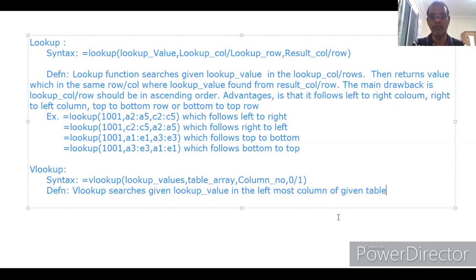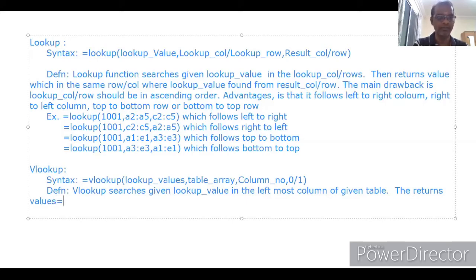Since we are using VLOOKUP, leftmost column, then it returns a value in the same row where the lookup value is found, with the specified column, by the column number.